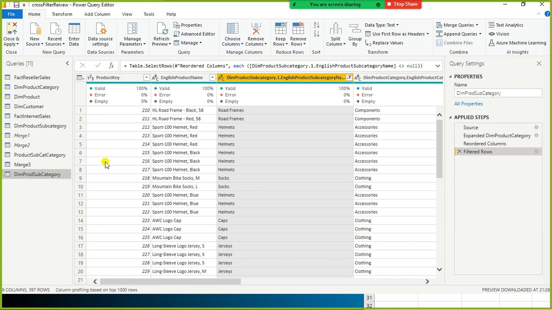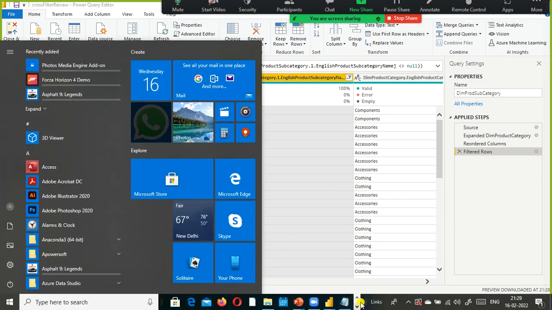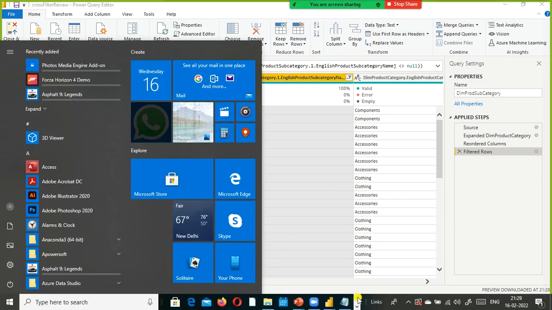If you want to do the same thing and cross verify it, you can go to SQL Server Management Studio and test it out there. So how do you test it out there? So I just,